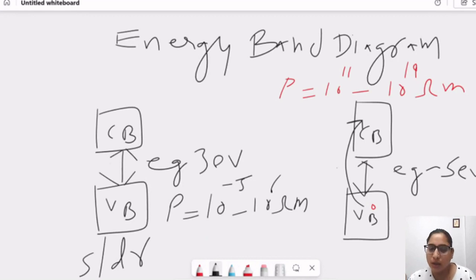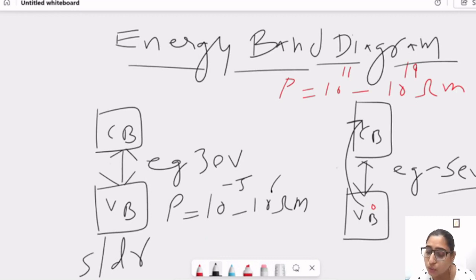Clear? So in these diagrams, we can see that insulators have very less probability that its valence electrons are available. There are very less electrons in the valence band, they are too tightly bound with the atom, so very high band gap energy is needed to break the bond and let the electron take part in conduction. Similarly, in semiconductor, we need at least 3 electron volt so that this electron breaks its bond and takes part